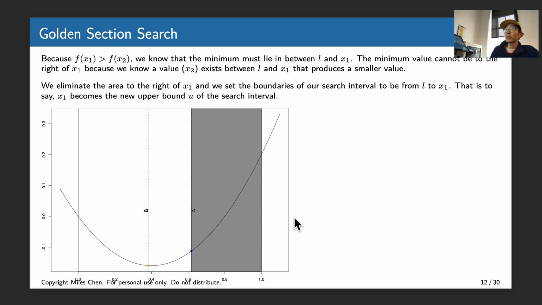Now my new interval is going to go from 0 to 0.618. So 0 remains my lower bound, and x1 becomes my new upper bound. Now that I have a smaller interval, I'm going to just repeat the process. I need to pick two interior points that I'm going to evaluate. And this is where the genius